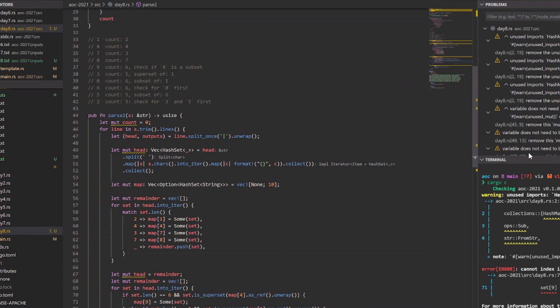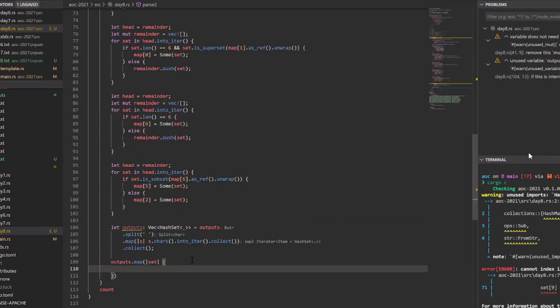Reverse lookup. How do we do that? We have our map of numbers. So I believe we can do outputs dot map set. So we have our individual sets. Mm-hmm. And then I think we should be able to do it equals for lookup in